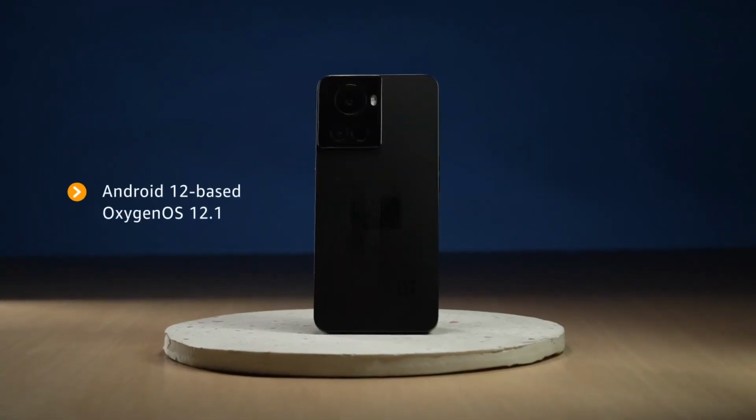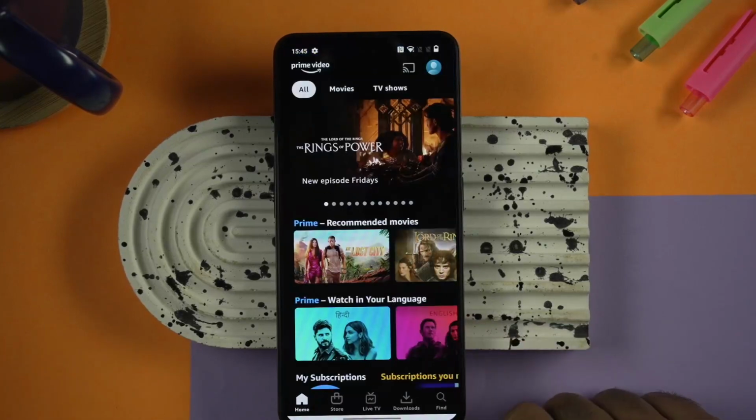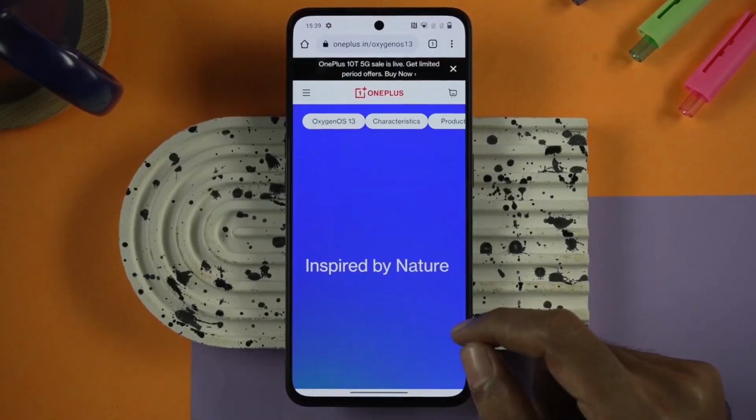In terms of software, the smartphone has the latest Android 12 based Oxygen OS 12.1, which gives you a smoother performance, faster touch response and easy customization. It is also faster compared to its earlier generations. With OnePlus's signature fast and smooth experience, Oxygen OS 12 helps you focus on and seamlessly move between work, rest